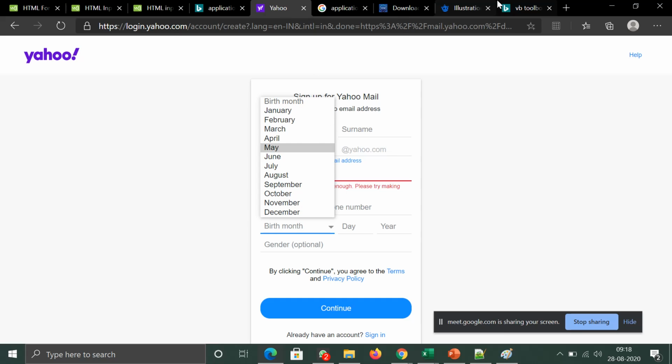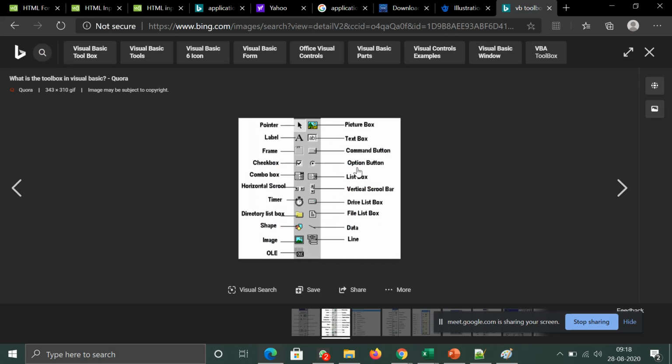So in that case, you put a combo box. So these are the fundamental controls. Okay, forget about all those things. Text box for giving any entry you want. Command button to submit it so that it can go for the process. Checkbox and option button for limited values, here single, multiple. Combo box and list box, that is for multiple entries. Okay, so I'm not going to go into that one. I just want to tell you these controls.